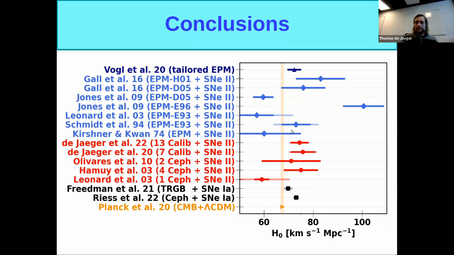You have the value from the EPM, the first generation of EPM, where you can see that the values go mostly everywhere because it depends on the emission factor you use. So it's not very reliable. And then you have the last value I showed you from Christian Vogt from the tailored EPM, where you do a radiative process modeling of the spectrum to get the parameters of interest. Thank you very much for your attention.